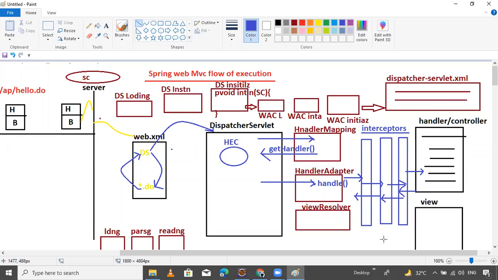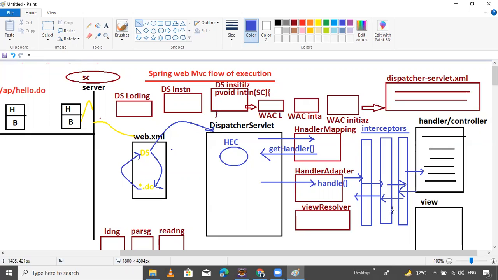After executing, it's returning the model and view object to the handler adapter here. The handler adapter is holding the model and view object, executing all interceptors in reverse order to provide post processing activities.